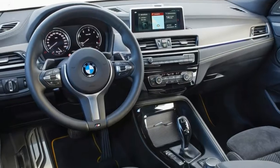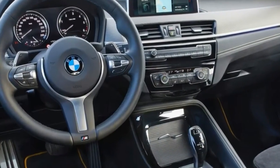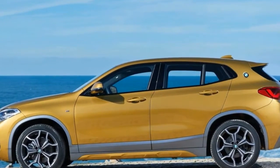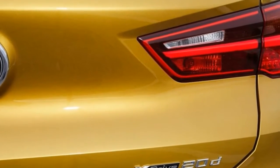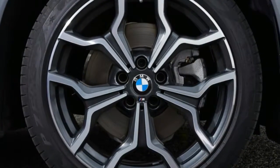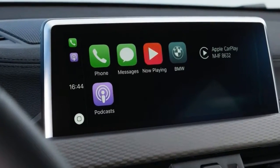You know, like the X4 is to the X3, or the X6 to the X5. So it's a crossover for people who are willing to compromise on backseat and boot space, though not that much. In return they get sleeker looks and a slightly sportier drive. Rivals? Well, since the X1 faces up to all those Audis, Mercedes GLAs and indeed the new Jaguar E-Pace, then